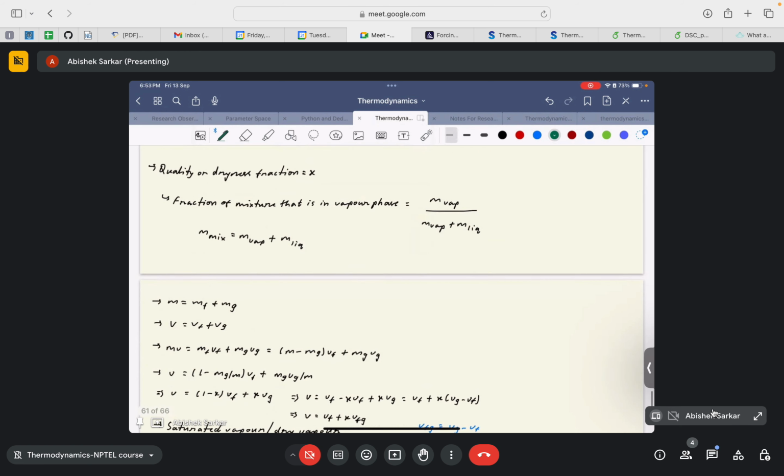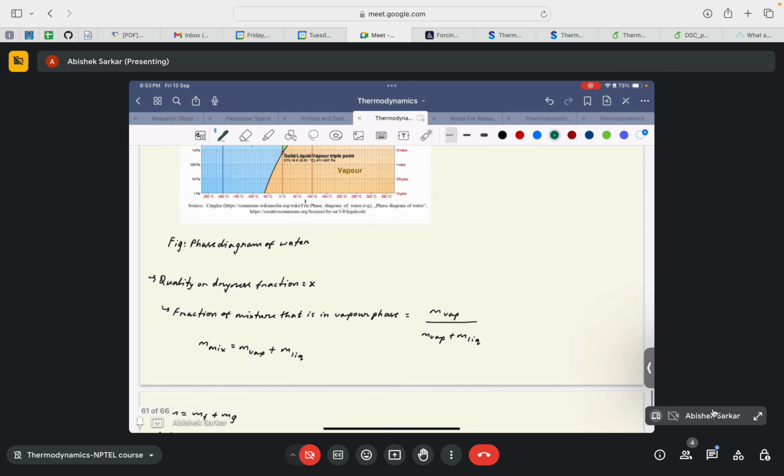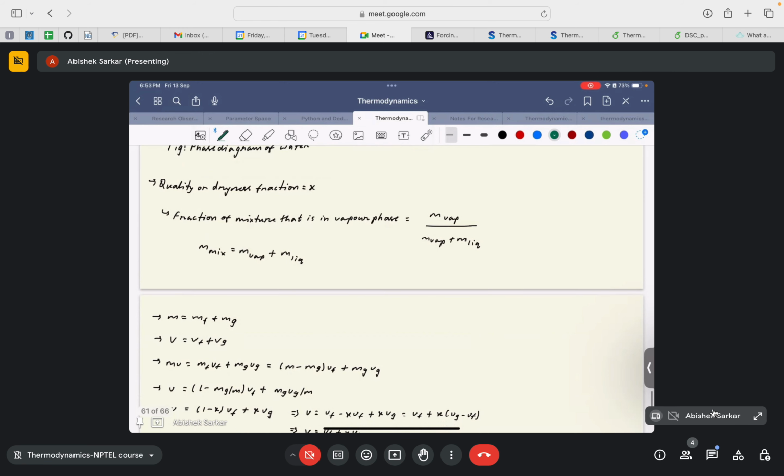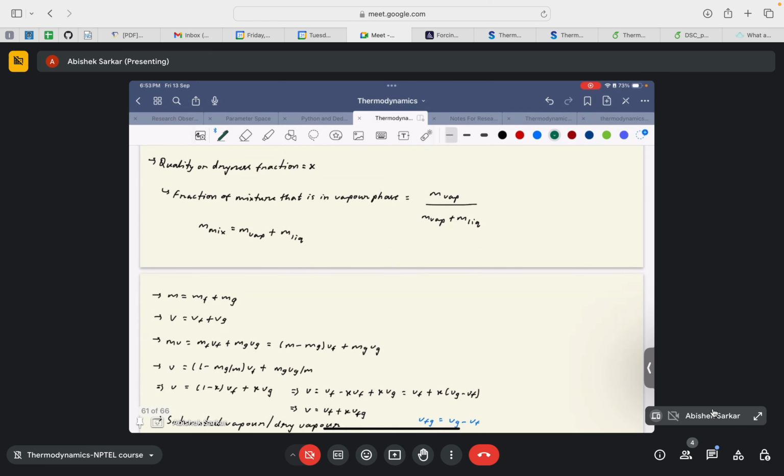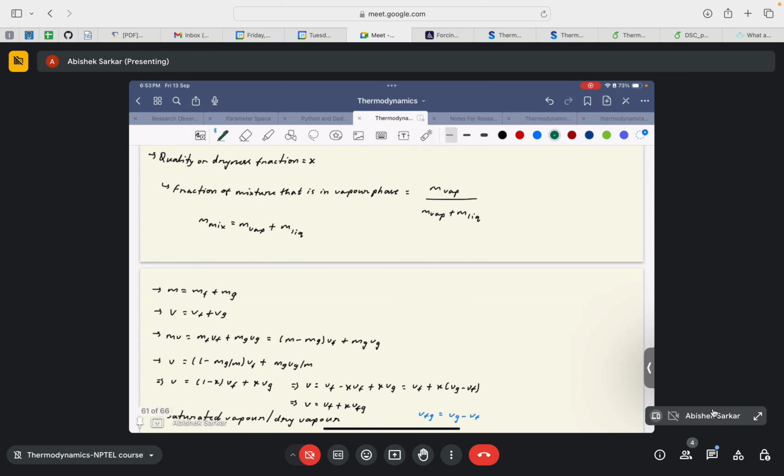So now comes the concept of the dryness fraction. Okay, I guess we can just go through the expressions and we'll find it more interesting while we solve the problems. So the dryness fraction or the quality of the steam, these are two terms that can be used interchangeably in the questions or in any thermodynamics book. So it's good to know that both are the same thing. Okay. So it's basically the fraction of